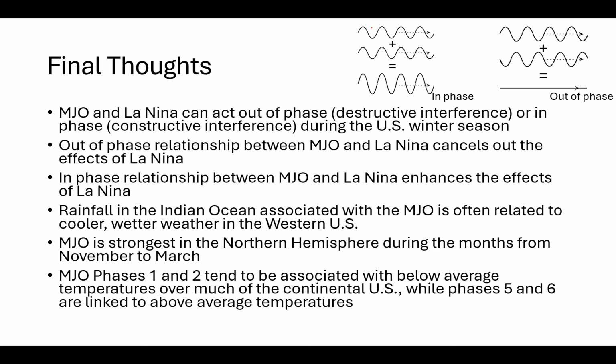So you see how the trough of this wave is the same as the trough of that. The ridge of this wave is the same as the ridge placement of this wave. The trough of this wave at the top is the same placement as the trough at the bottom. All right, so this is basically constructive interference, when the waves are acting in unison